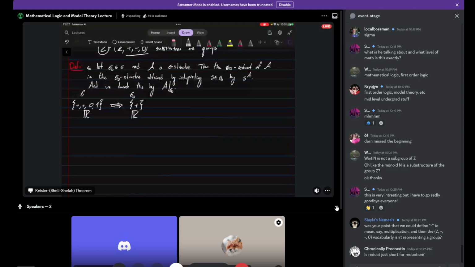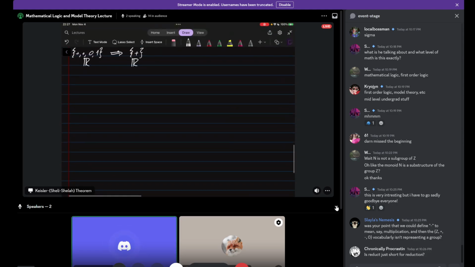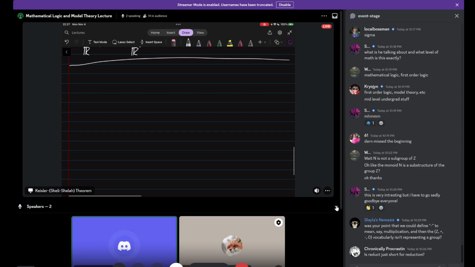Okay, so now we have this notion of structures, and what do we love to study about structures? We love to study maps which preserve the structure, right? That's another word for homomorphisms. So let us define what a homomorphism is. Let A and B be sigma structures. H is a map between A and B, the domain of A and the domain of B. It is a homomorphism